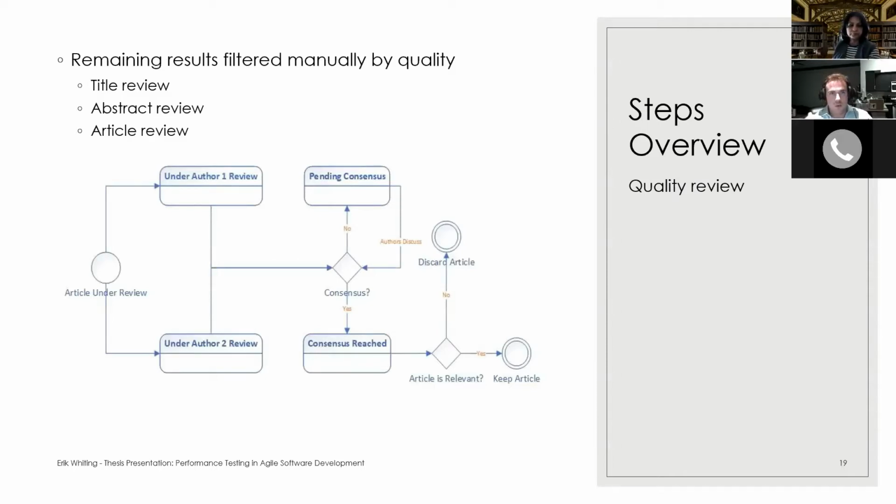And what we did was there was a title review, an abstract review, and an article review that myself and Dr. Dada did. And the process is diagrammed here. Basically, for the title review, I would read the title of one of the papers and decide if it was going to be relevant to the study or not. And then Dr. Dada would do the same thing. And if we agreed, we kept it and it went on to the abstract review, or we both agreed that it was no good and we threw it out.